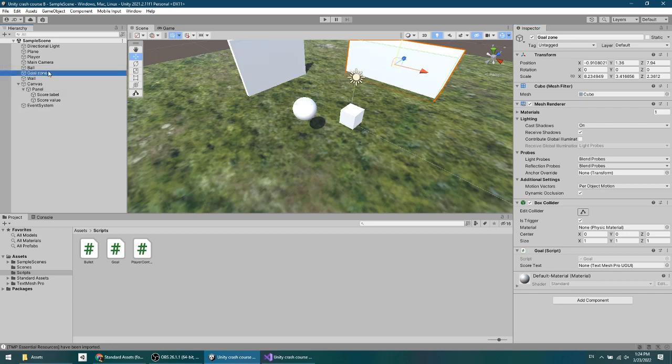All right, so selecting our goal zone, we still have not set up this reference, score text. So let me grab score value as that text object, drop it in there,